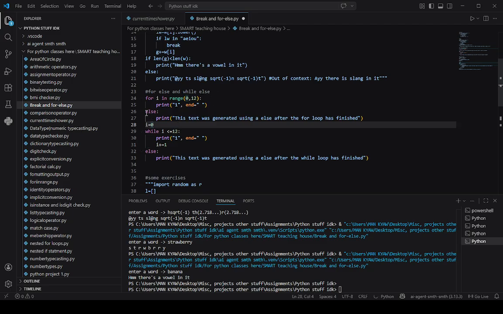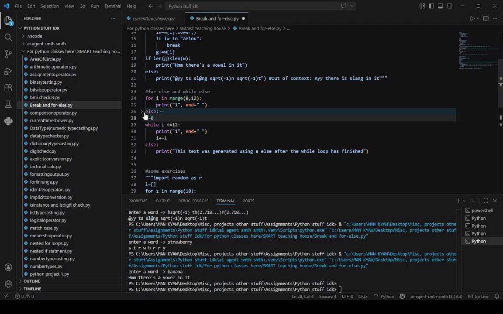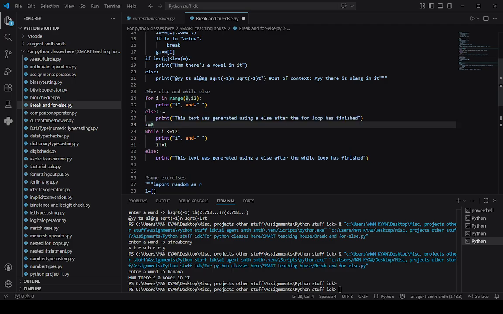So for the else, the code that is inside this else will be executed after the loop has fully reached its maximum amount of times that it can repeat the code